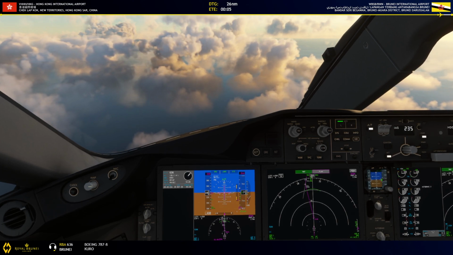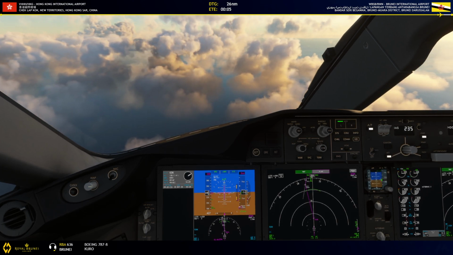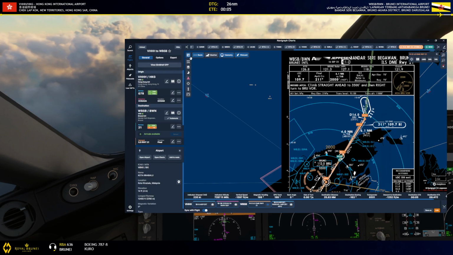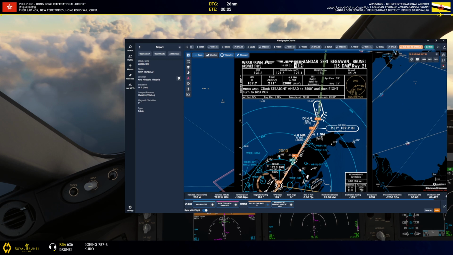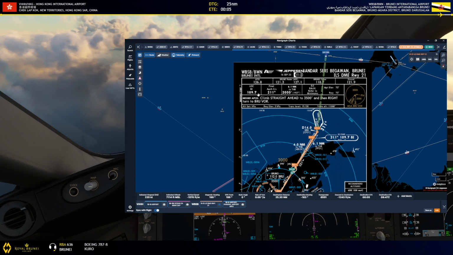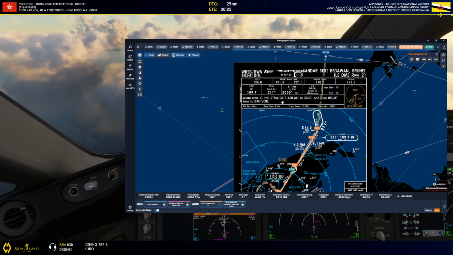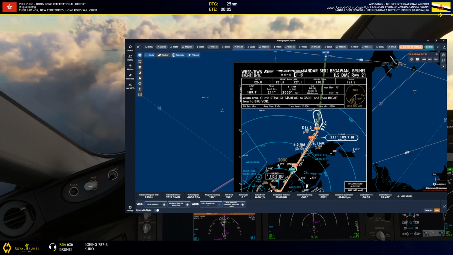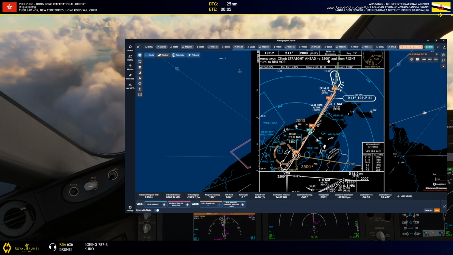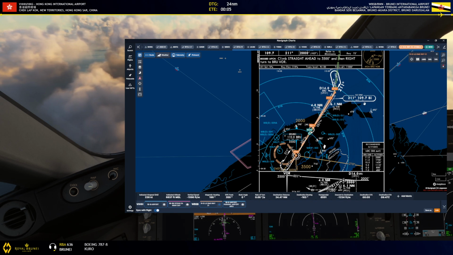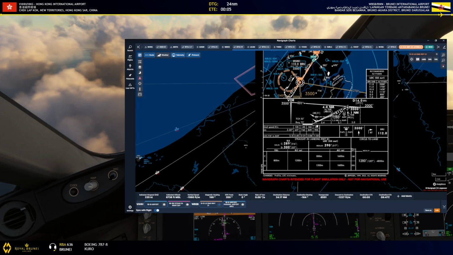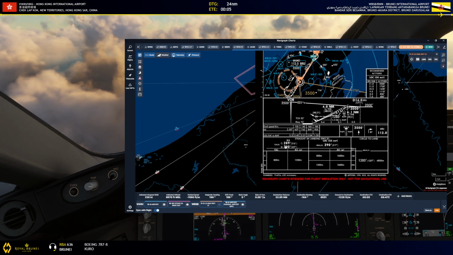Alright, we're coming up on everything pretty fast here. So here's our approach plate. ILS 21. Localizer is 109.7. Final approach at 11,000 to capture the glide slope. Airport elevation 73. Climb straight ahead 3,500, then right. Brunei bar, which is the airport. And our minimum is going to be